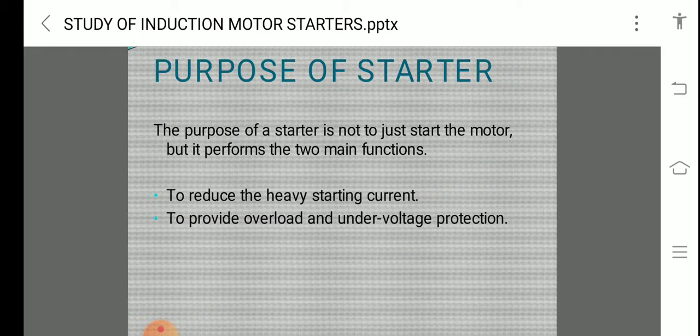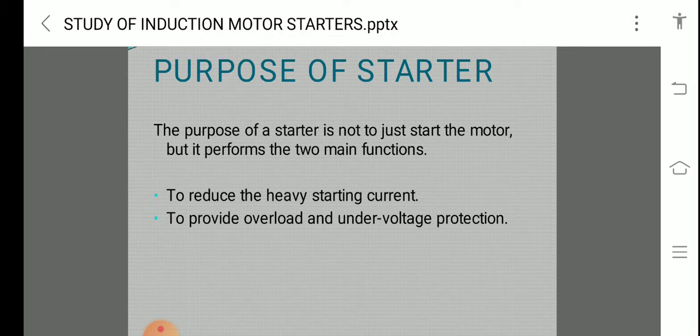In this video, we are going to study the types of induction motor starters. First, let me explain what is the necessity of a starter. At the time of starting, the speed of the machine is 0 and the slip of the motor is maximum. So the magnitude of the rotor induced EMF is high. As the rotor conductors are short circuited, the large EMF circulates high current. So at the time of starting, you will be having high current.